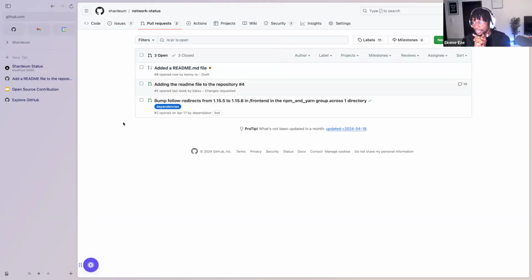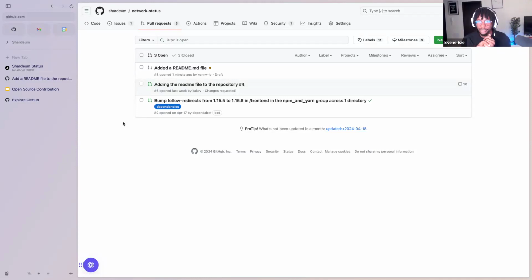When it gets accepted, and this is the part where the second half of your contribution starts. The reviewers or the maintainers, they are going to see that you sent a PR, they're going to open the PR. They're going to run it locally, see what it looks like. If it's a code PR, like you made some code changes, they're going to run it locally, see that it compiles, see that it runs, see that it doesn't break anything, see that the tests are passing on your PR and everything.